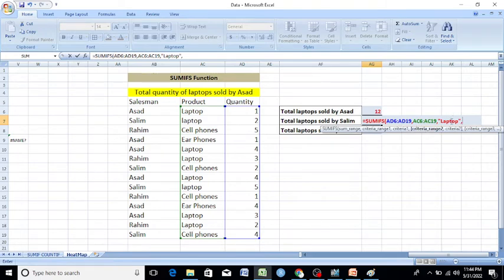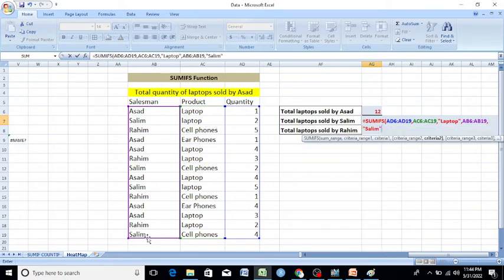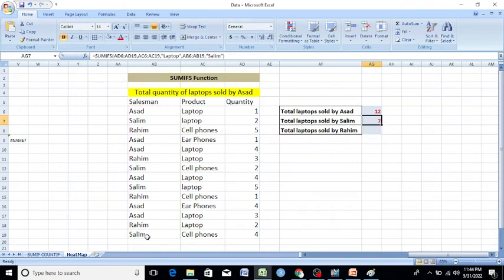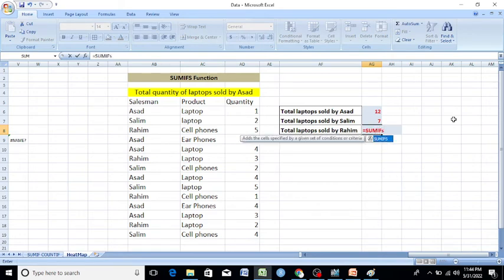Now the second criteria I want to fulfill is a specific salesperson. So here you can see it is looking for criteria range 2. So my criteria range 2 is here, and I have to mention the criteria, which is Salim in this case, and close the parentheses and enter. Voila, here you see that the total laptops sold by Asad are 12, total laptops sold by Salim are 7, and if we want to look at Rahim we have to repeat this exercise again,